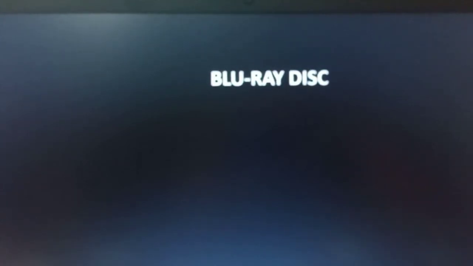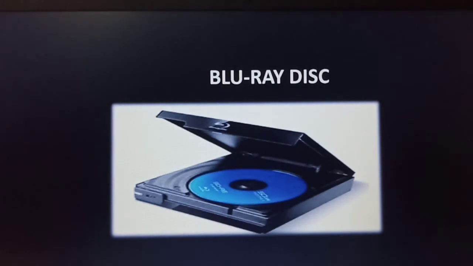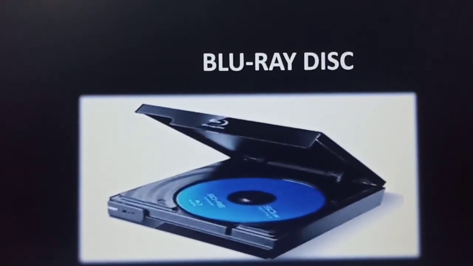Now we study Blu-ray disc. Blu-ray disc is used for high definition video storage. It is often used by gamers. Blu-ray discs are similar to CD and DVD in their look but can store about 5 times more data than a single-sided DVD. This can store up to 25 GB of data per layer. Now you can see the picture of a Blu-ray disc.